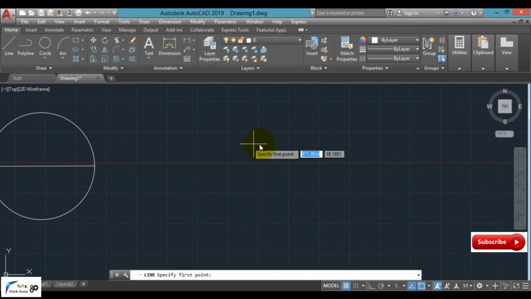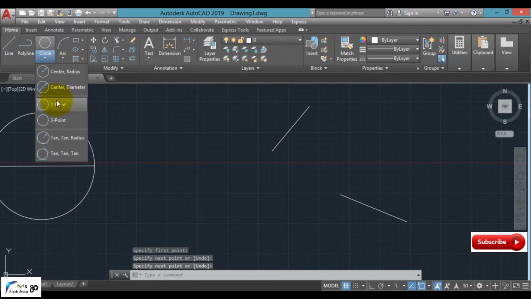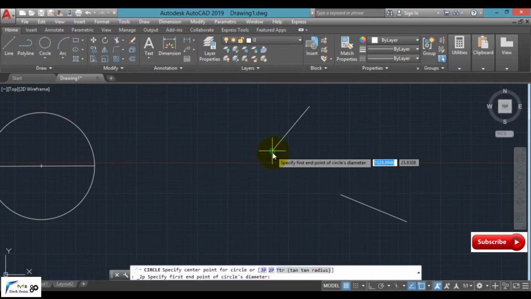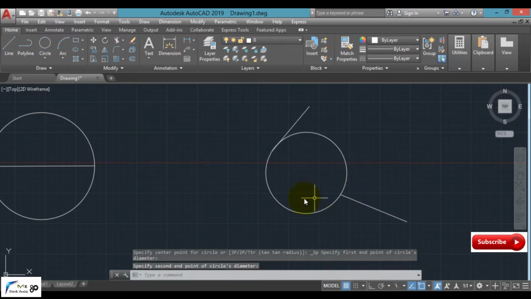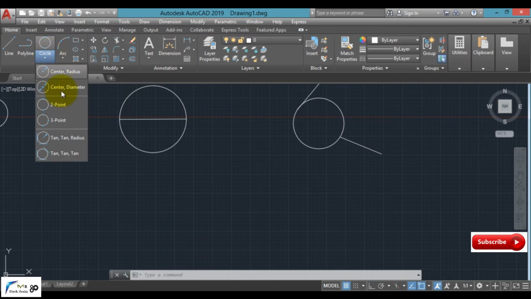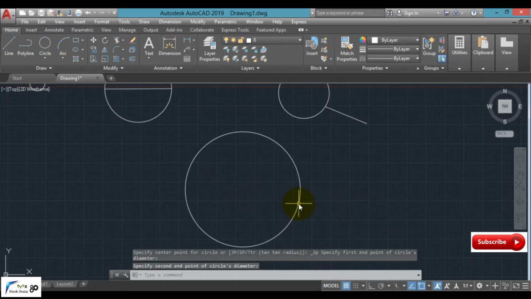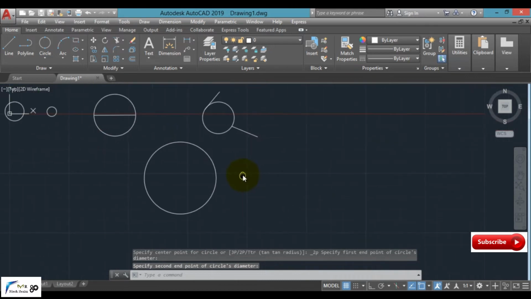Clear? Now we have our shape like this, first one, this one, second as this one. Simply select circle, 2 point, select first point, second point, and our shape will be created. No need of these lines.